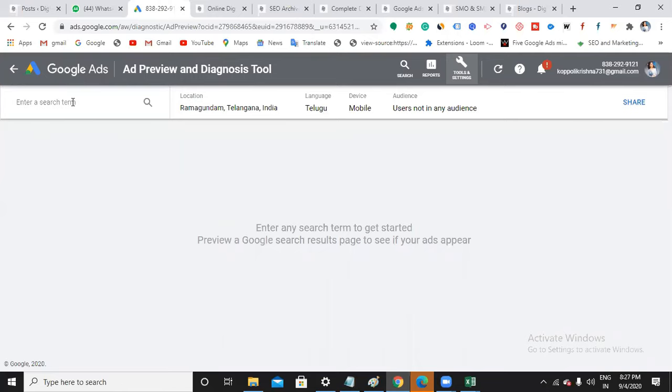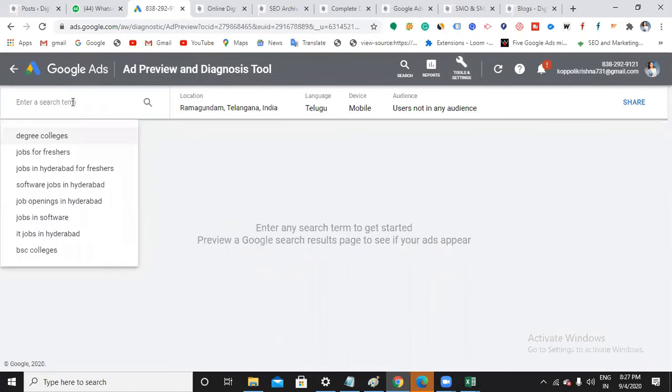So here, if you just search for your term, it will show you where your ad appears and when your ad appears. Again, this option will be applicable only when your ads are running and when you have a budget. Got it? So you need not get into the SERP, like going into Google and looking. Here, if you search 1 lakh times also, it won't be counted as impressions. Here, you search and see your website position or ad position. Got it? Clear? Yeah, Chitra.